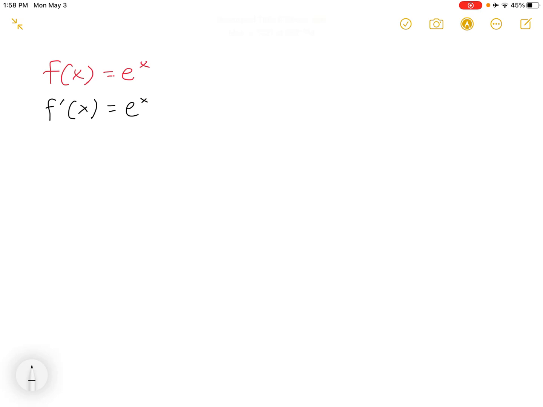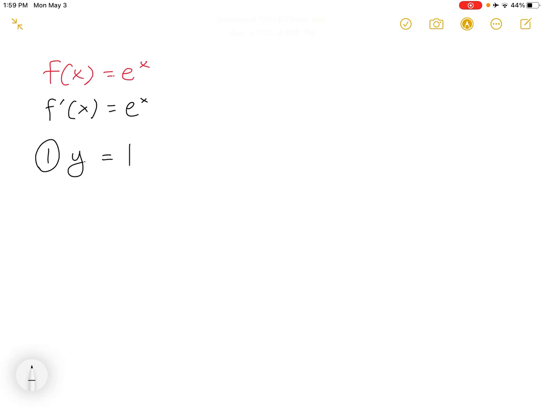Okay, so we looked into why that was, and then we practiced finding the derivative of functions where the base is e. And today we're going to look at a couple of other exponential functions and also some logarithmic functions on top of that. The reason why we started with the function f of x equals e to the x is that all of the derivatives of the other functions are based on this one. And so the first function that I'd like to start with is this one,